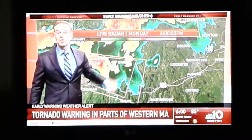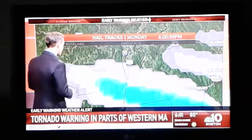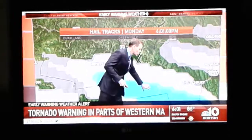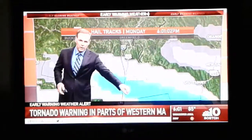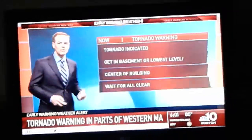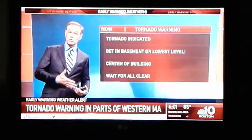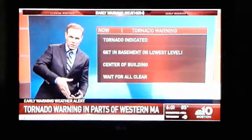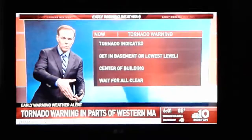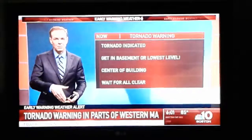Right now, that is a severe thunderstorm warning. It is not a tornado warning. Hail is also prevalent in these storms and a potential for them in Pelham, Mass, all the way to about Sunderland, Mass, and Shrewsbury, Mass, too. When you have a tornado warning, Chris mentioned, it is radar indicated, meaning we do not have ground truth. We don't know if it's actually touching down, making contact, and moving along the ground right now. We don't believe it is, but the potential is there for it to touch down. There's definitely